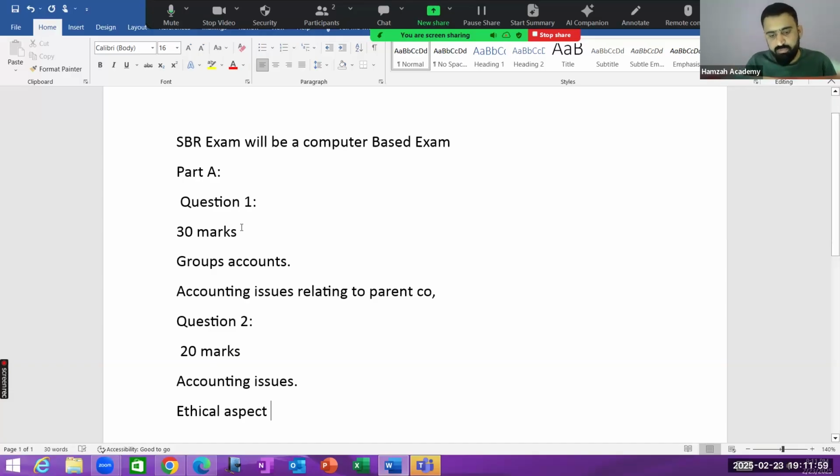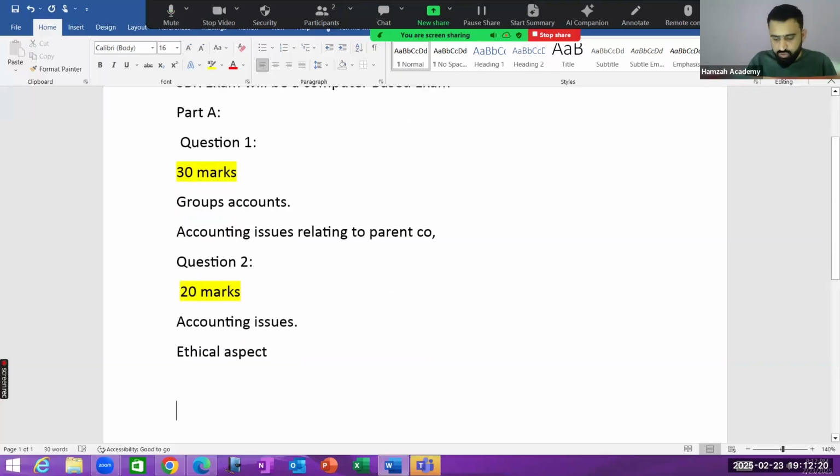So you will have a total of 50 marks in Part A: 30 marks in Question Number 1, sorry, and 20 marks in Question Number 2. And out of 50 marks, keep in mind, there will be at least 2 marks relating to what are called professional marks. There will be 2 professional marks. Professional marks mean that you need to demonstrate some skills while answering the question, like how you analyze the situation, how you evaluate the